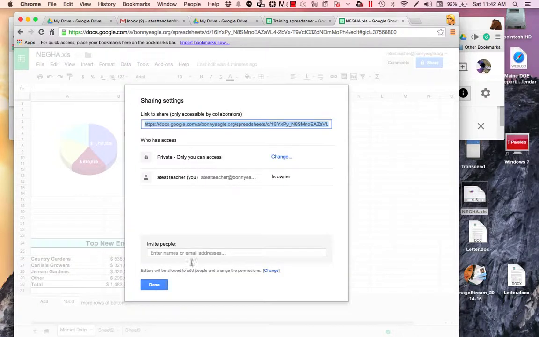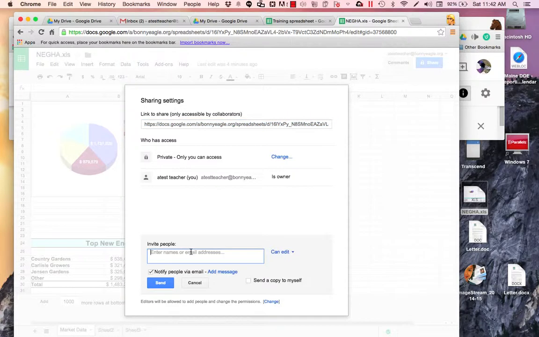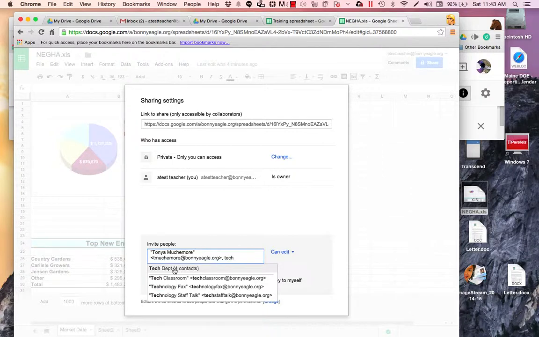So we'll cancel that. You can also assign it to other people for them to be able to do things to it. Just view, comment, or edit. So if I wanted to assign somebody, and I'll use my other account, to be able to edit this with me, I would type in their name. And if it's a group of people I want to join, and I have them already in my contact list as a group, it will pull them up and I can just choose that group. So here's my tech department